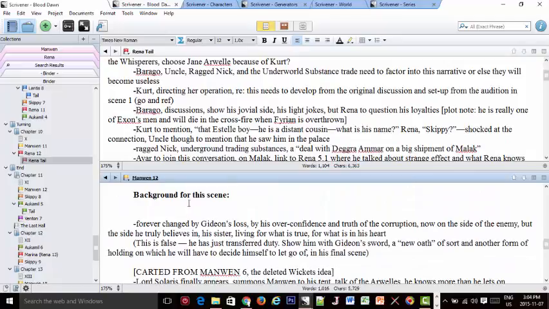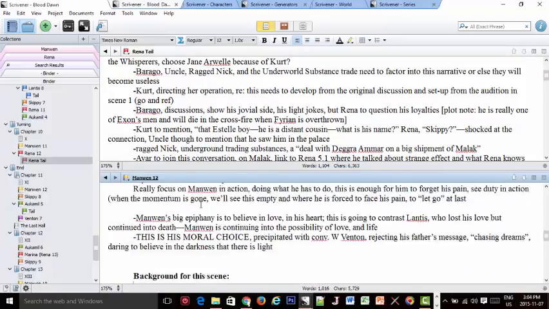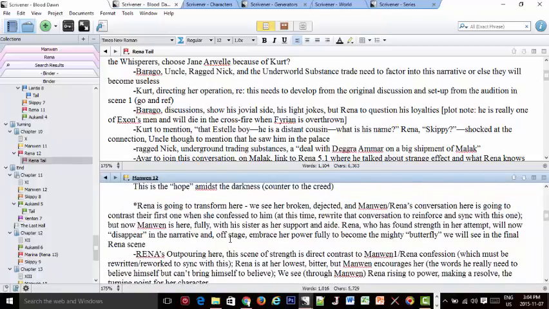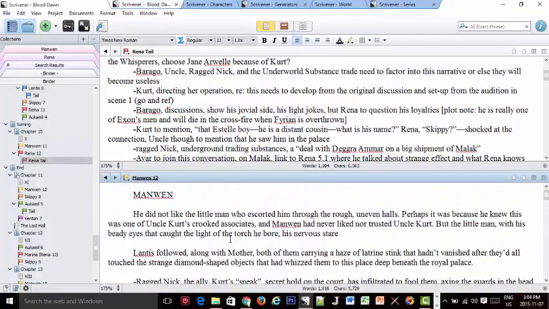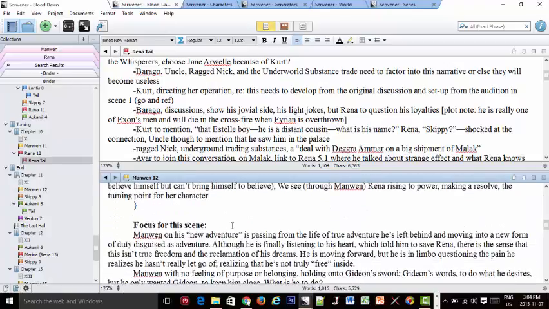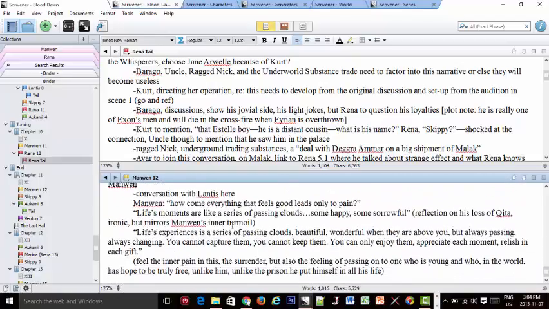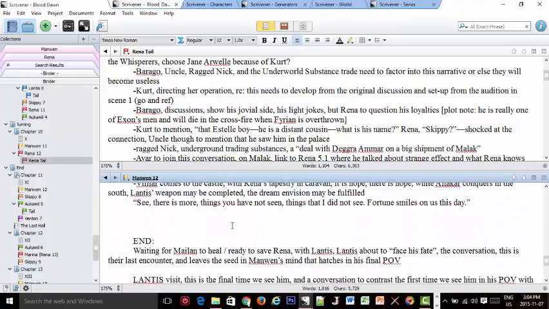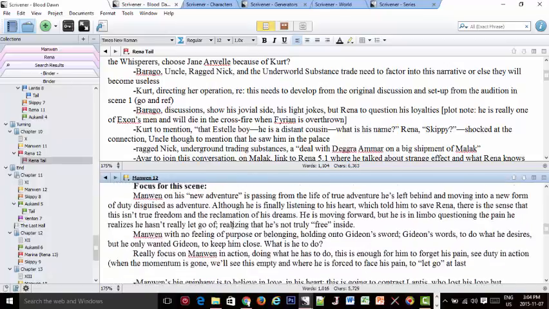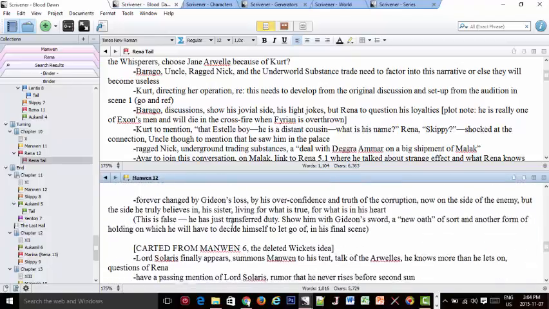I also have this thing called background for this scene. You'll notice that this is just a lot of notes, it seems random. And in fact, Saturday morning, having my Americano and waking up, this is actually quite organized compared to what I had when I opened everything up today. I had notes all over the place. So part of my process is just creating some order. Getting this focus and then background, and then putting some things in order.